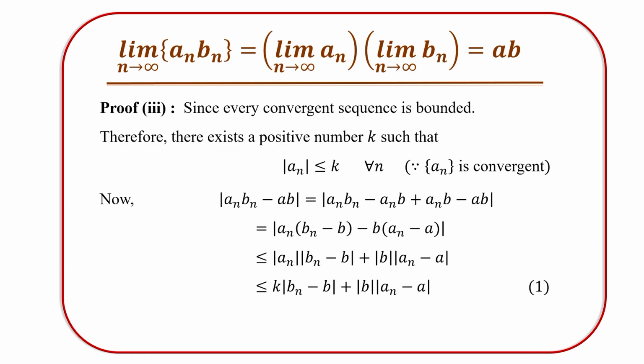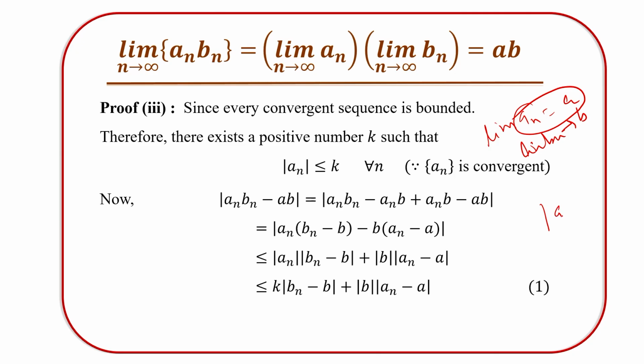Every convergent sequence is bounded, and by the condition itself it is already given that the limit of An converges to A and the limit of sequence Bn converges to B, right. Similarly, that means this sequence An is a converging sequence, and hence it must be bounded. It must be bounded, and once it is bounded, then I am going to use the second definition of boundedness,